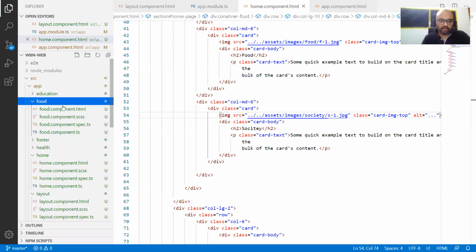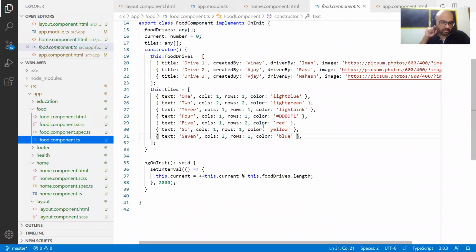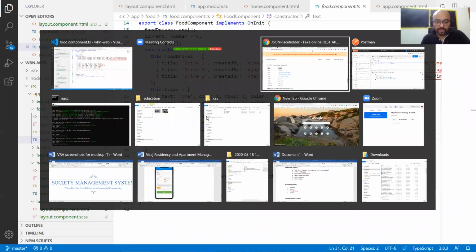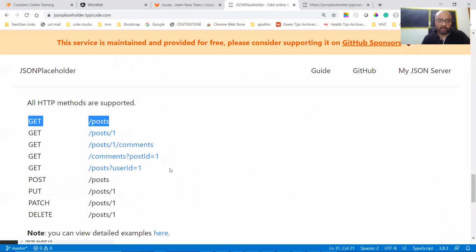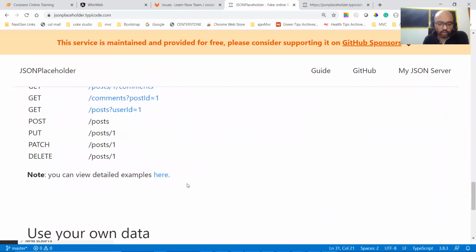Probably the food tab, where we have created these styles, right? Which API should I pick first to show? What API would be best suited for our application? Tell me, guys. I open this one to you.